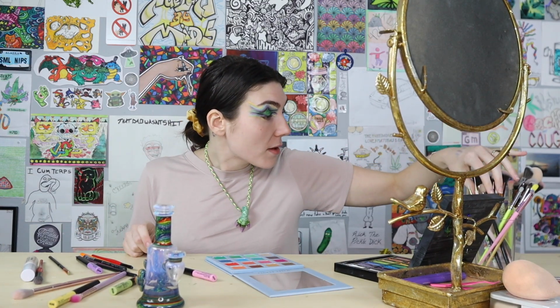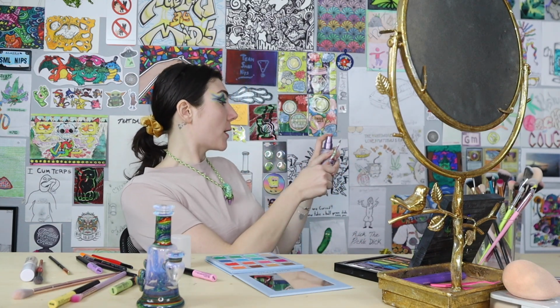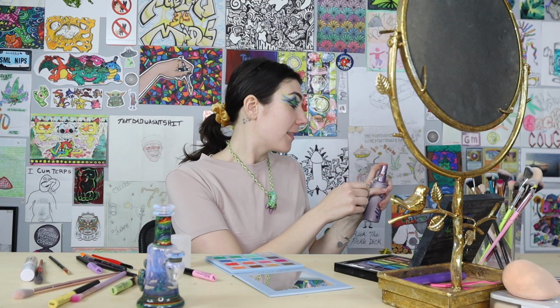Next color is red. Now, I don't have a red liner, so I'm gonna pop back over to using shadow, which I think will be good. I might spray this one with a little setting spray. That scared me. Okay. So now that we've created our own little red liner here,